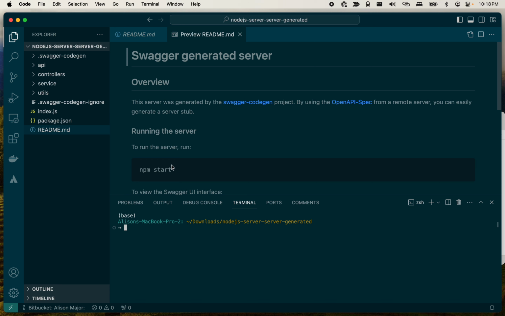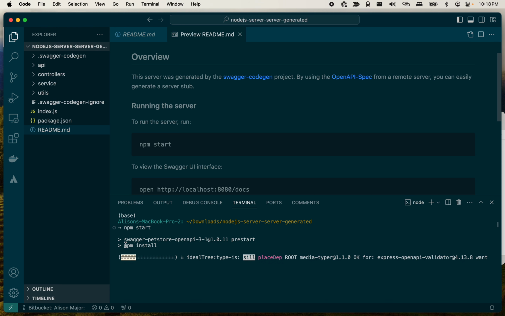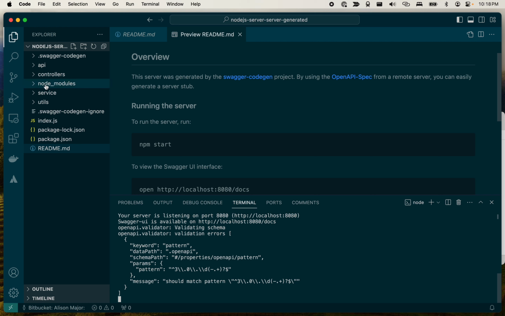And what I'm going to do is follow this step, and because I downloaded this using the Node.js version, my instructions are to use npm start, which I already have npm and Node all installed on my machine. If you generate a server using a different package, you're going to have different steps to start your server. So npm start is what I need to run. That's going to automatically run npm install, which will add my node modules and any dependencies I have for this